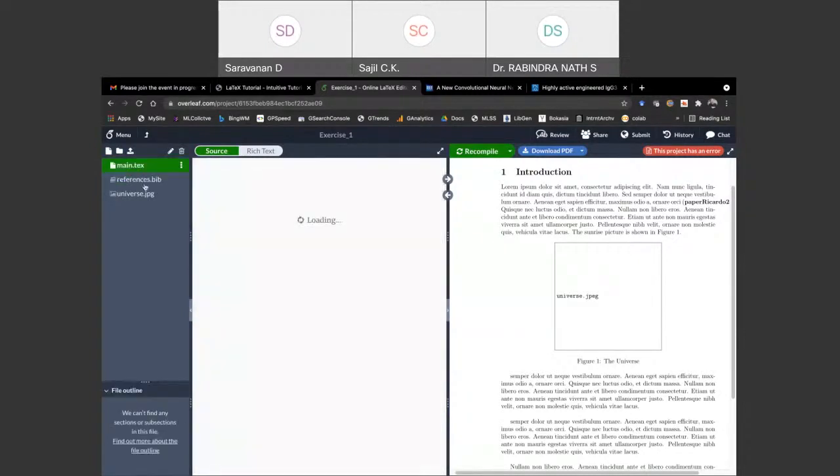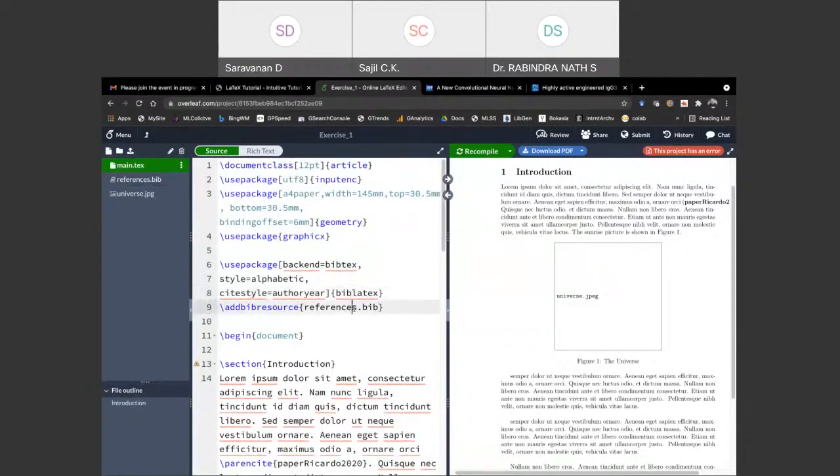You can give a different name, but you need to mention the same name here. I have used references.bib, so I'm mentioning the same name. You can also move it into a different folder, but then you have to mention the path also. Now we have that information and we can start citing the papers.